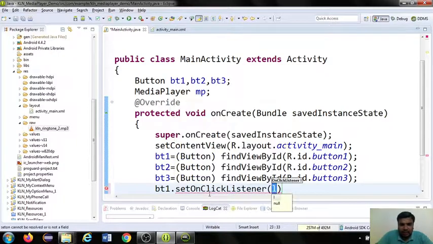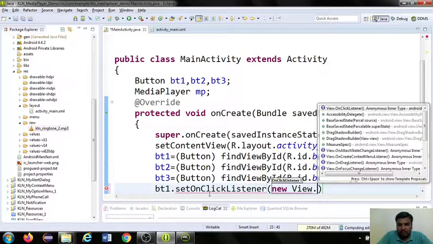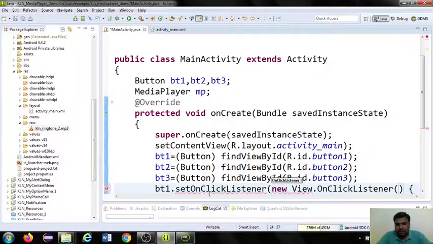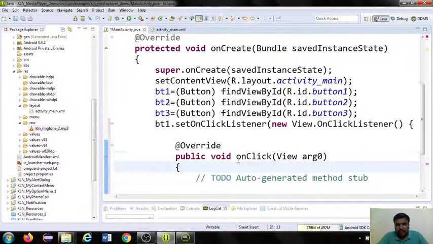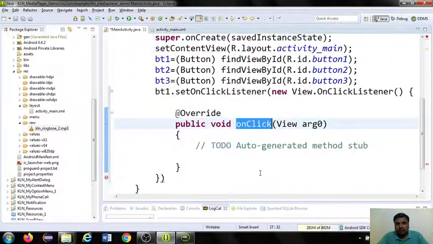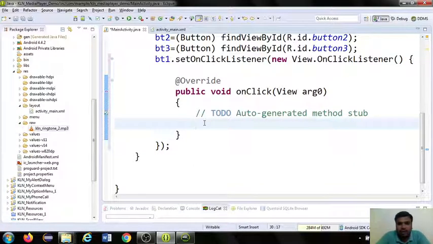So setOnClickListener, new View, you have to override the anonymous method called OnClickListener. Inside that, an overridden callback method called onClick will be auto generated. Now you have to write your own business logic inside this onClick method.